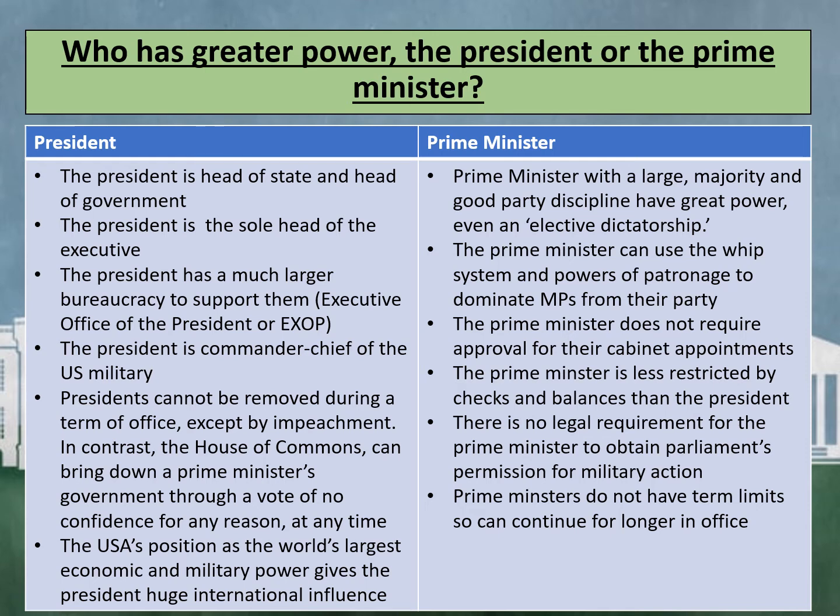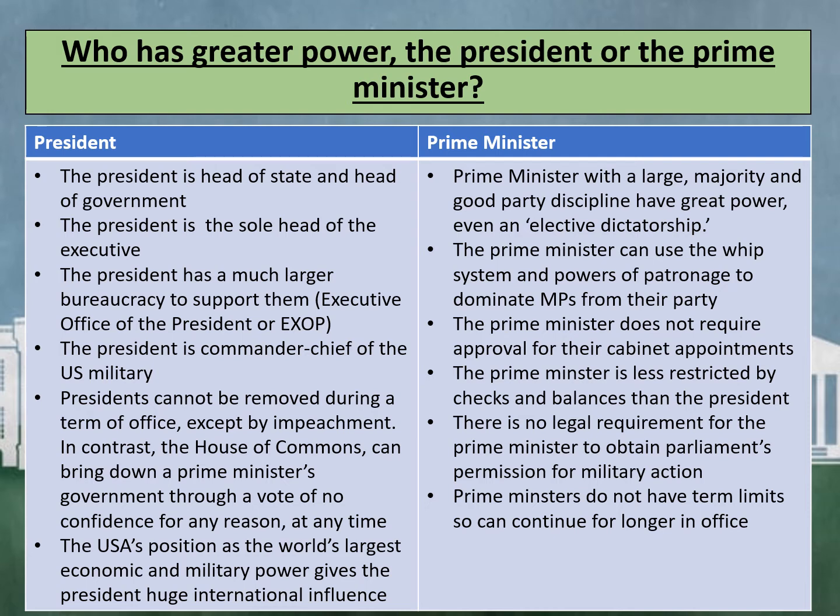A big argument that often comes up is who has the greater power, the President or the Prime Minister. Let's start by looking at the powers that the President has. The President is the head of state and head of government, and they are the sole head of the executive branch. They also have a much larger bureaucracy to support them, such as the Executive Office. The President is also the Commander-in-Chief of the US military